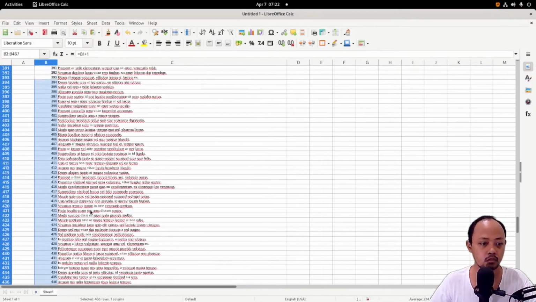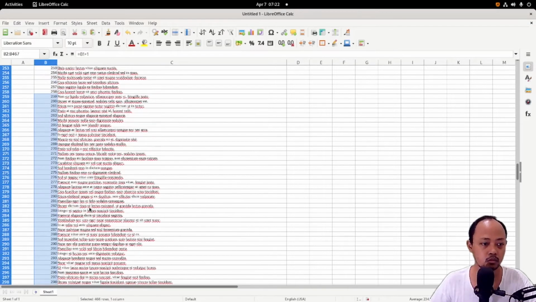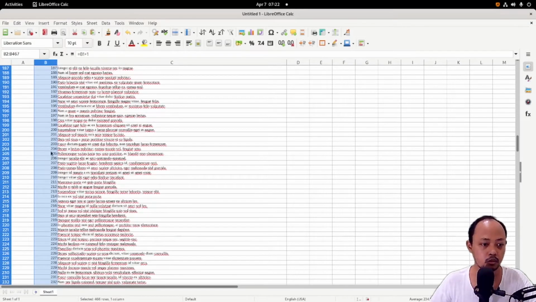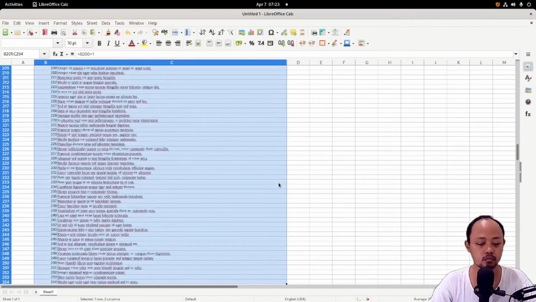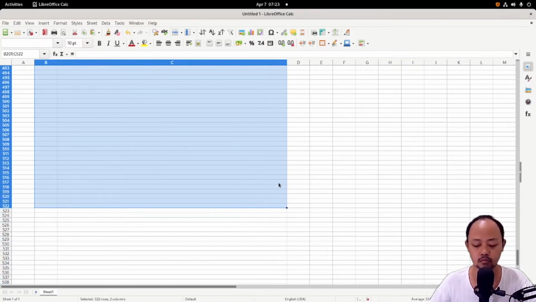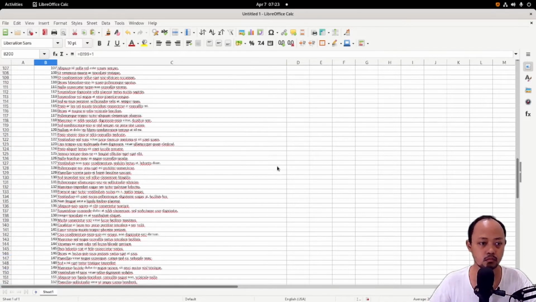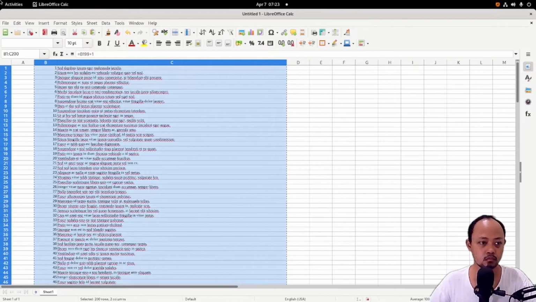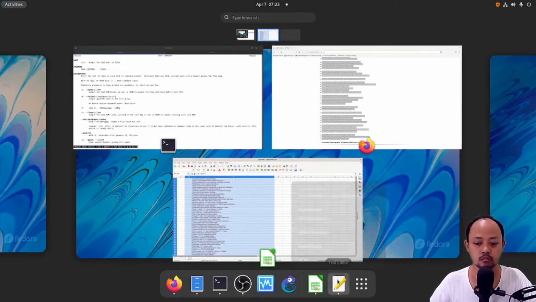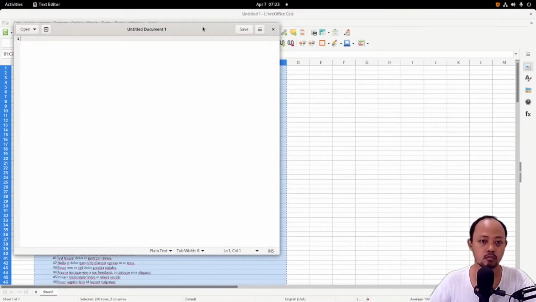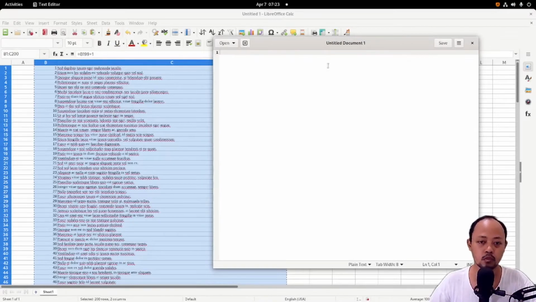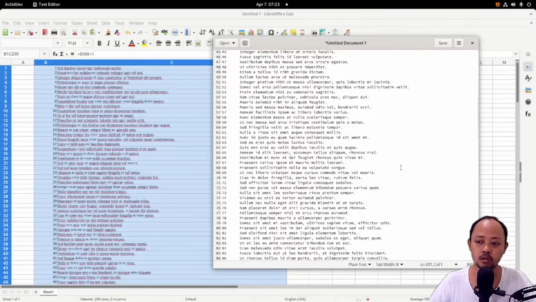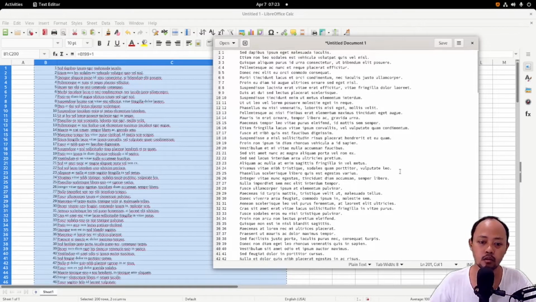I think it's too much, so I will delete the rest. Copy here, so we have a file that has many lines, and we will use this file for practicing the tail command.